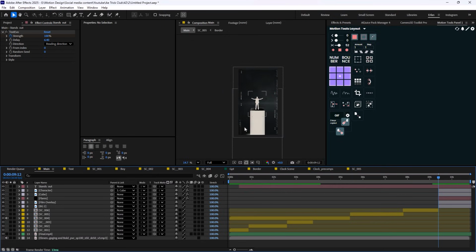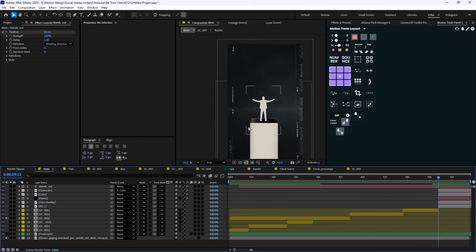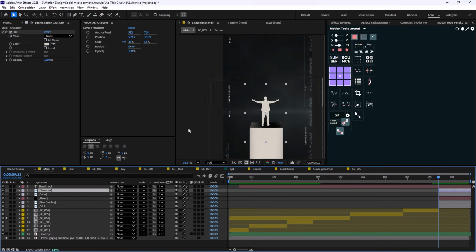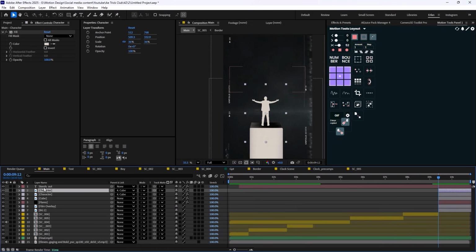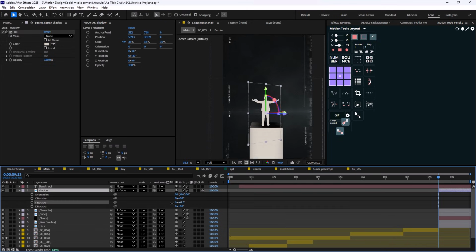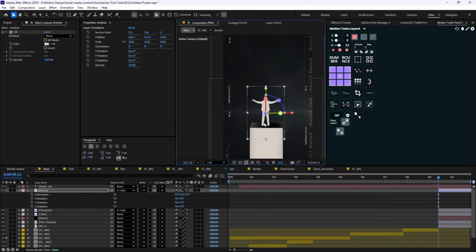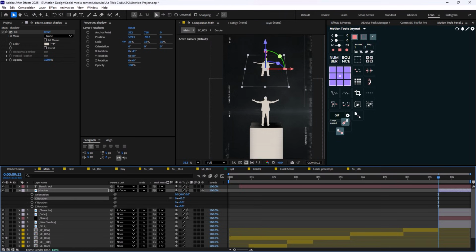Now it's super simple. We're gonna just create a shadow for this character. So I'm just gonna duplicate this character. I'm gonna call it shadow. I'm gonna set it on 3D. And I'm gonna just rotate it. Let's just bring it up so you guys can see better. I'm gonna just first lay it like this almost. Then we're gonna just rotate it like so. And we're gonna just place it in here.